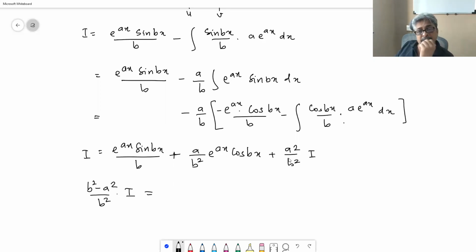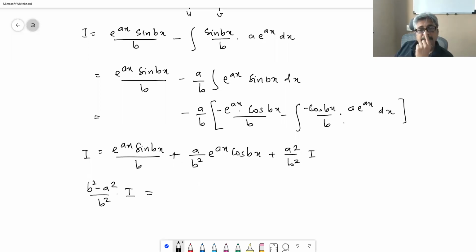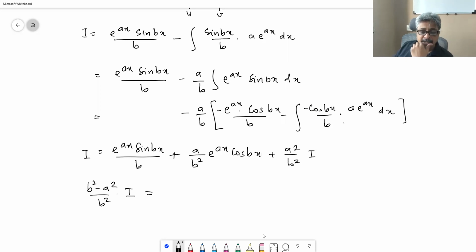Have I made a sign mistake here? In the integral, this should be minus. Yes sir. The integral of sin bx is minus cos bx, and hence the sign here will be negative,